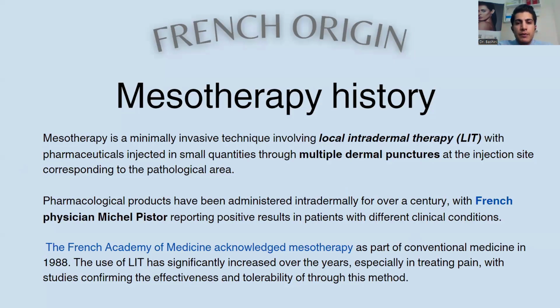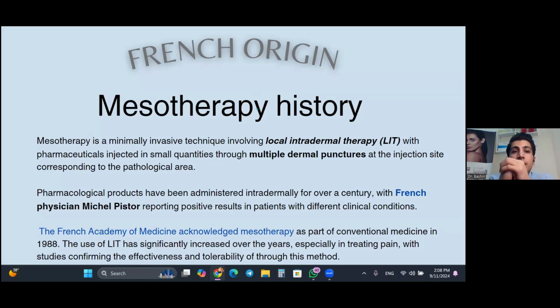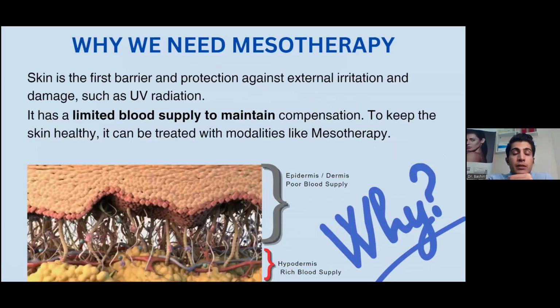Mesotherapy is a minimally invasive technique involving local intradermal therapy, which means that we can inject pharmaceutical products in small quantities in multiple dermal punctures to treat the skin. And why should we treat the skin? Because the skin is the first barrier and protection against external irritations such as UV radiation and chemicals. And also it has limited blood supply to maintain compensation. So we can do some treatments like mesotherapy to make the skin keep up with the